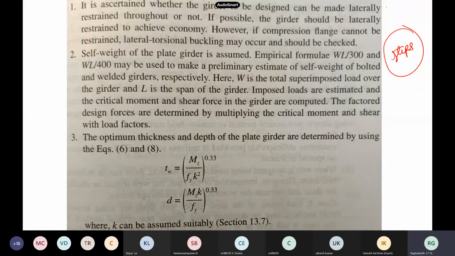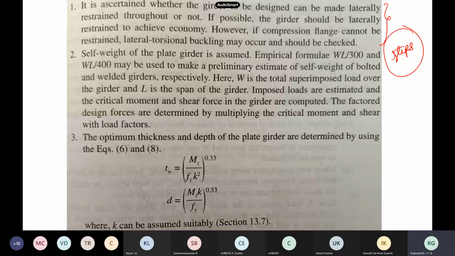So the first thing is, you followed. Now the first thing you have to do is, like in beams, restrained beam and unrestrained beam, the two designs are separate. So here also for the plate girder, you have to first decide whether the plate girder is restrained or unrestrained. If it is restrained, then there is no need to worry about longitudinal stiffeners, no need to worry about lateral torsional buckling.